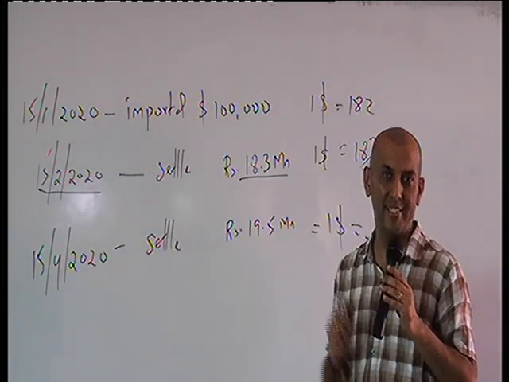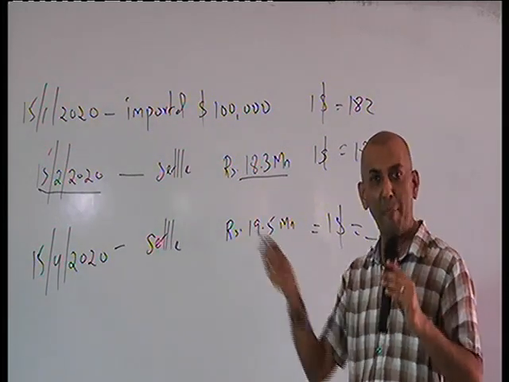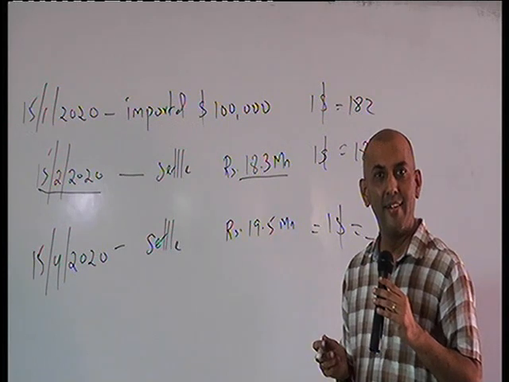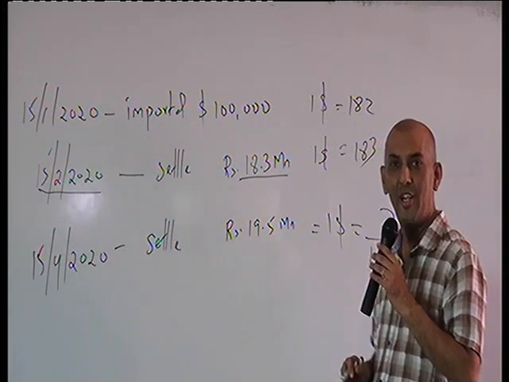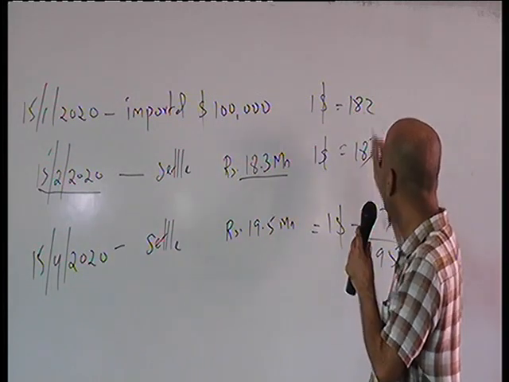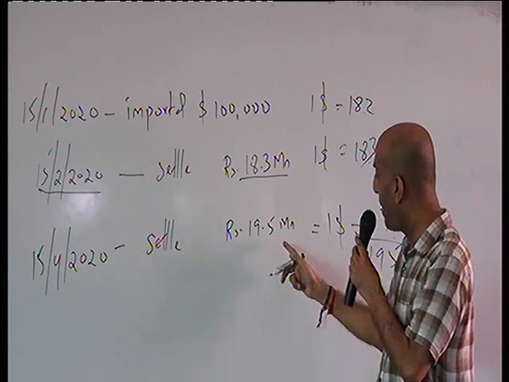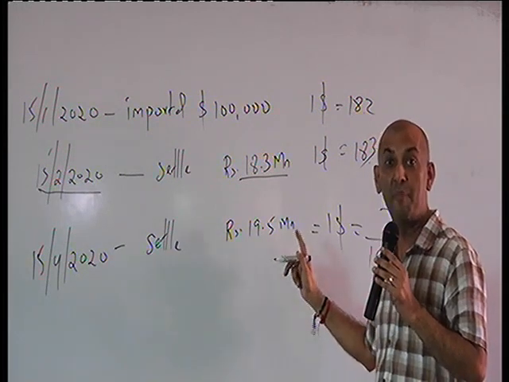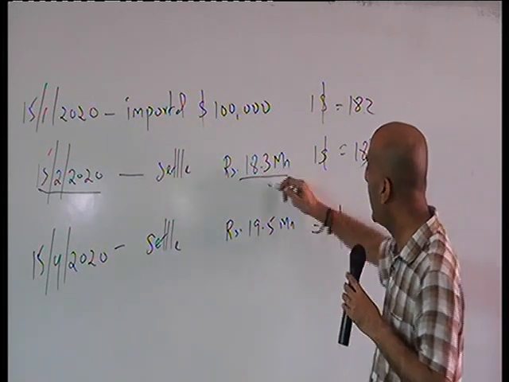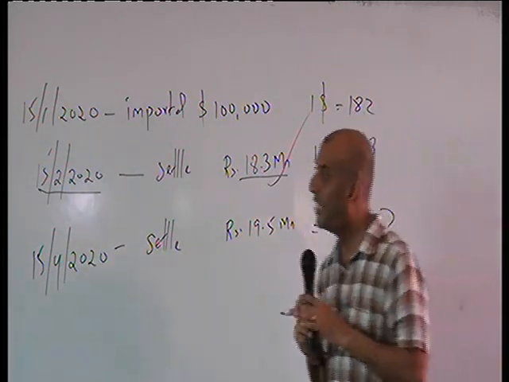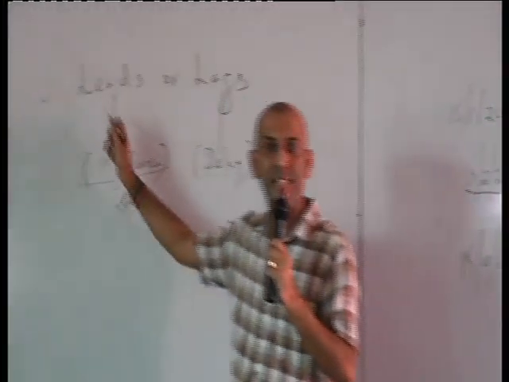Payment in advance. I am settling my supplier in advance. The supplier will be very happy. So I pay in advance so that my exchange losses are lower. 182 becomes 183, I am losing only 100,000 rupees. But if I pay on 15th of April, I lose 1.3 million rupees. Which is better? This is better. So I decide like this. This is called lead, in advance.